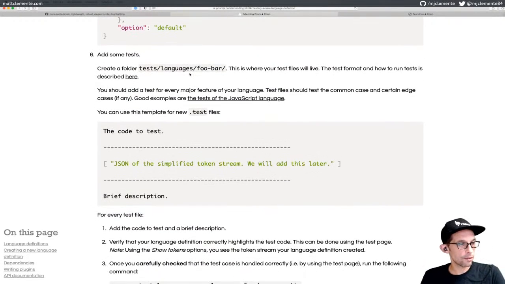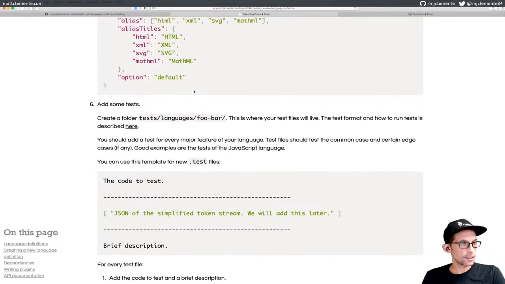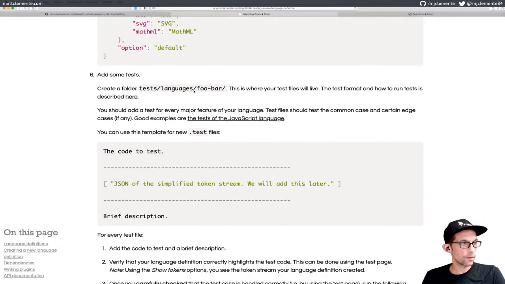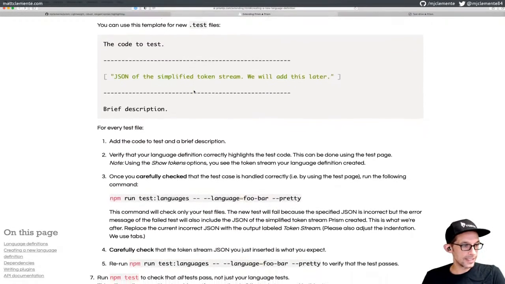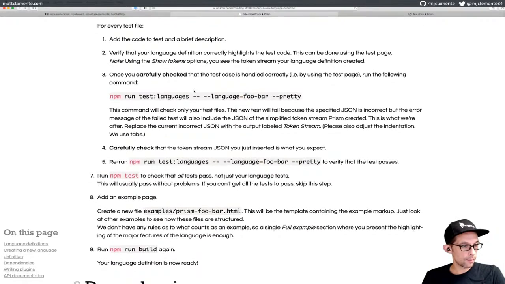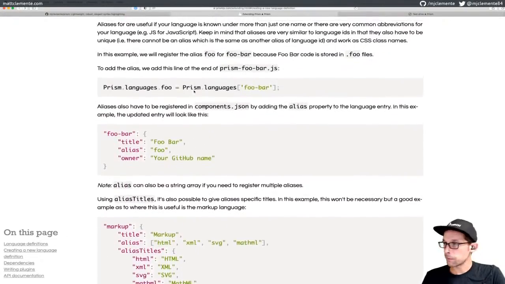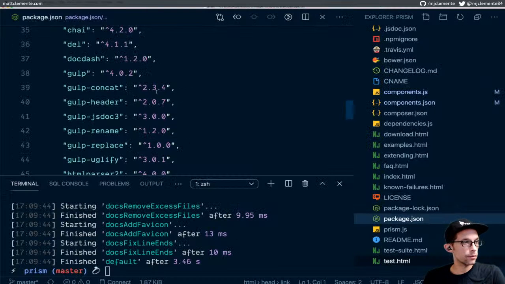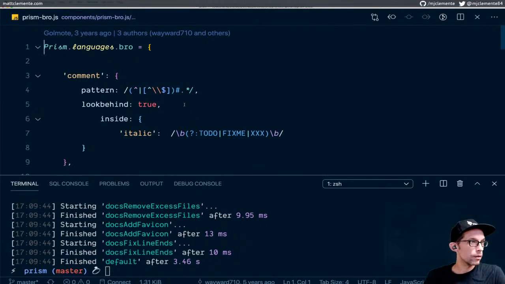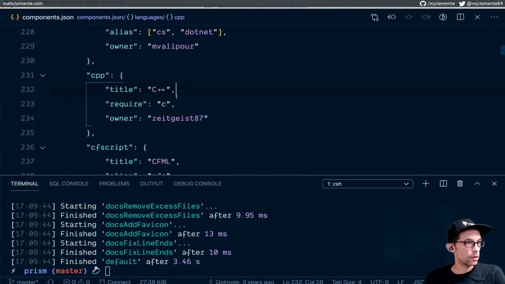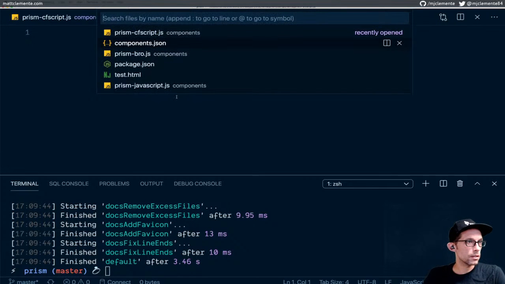All right, so I want to get some basic stuff up and running, and then I will add the tests. So I guess I'm not BDDing this, but let's see what we can get running for Prism. Components JSON, don't need it. Prism CF script. So let's look at